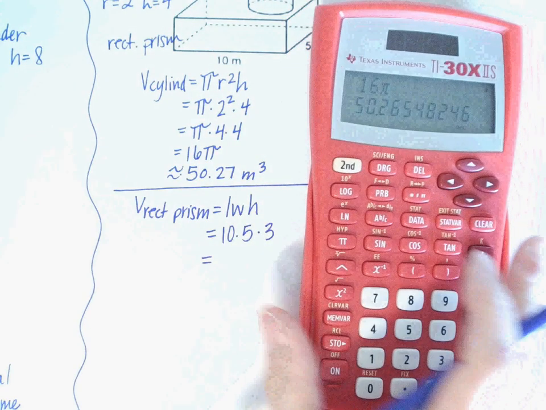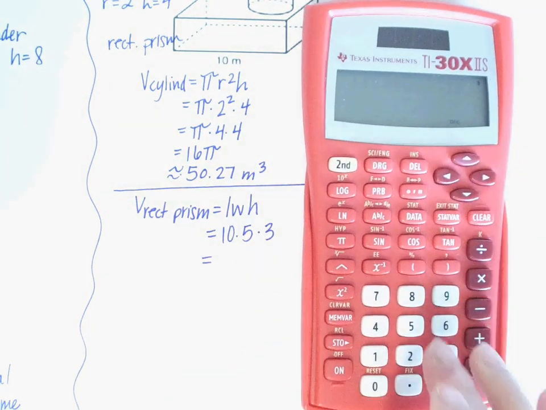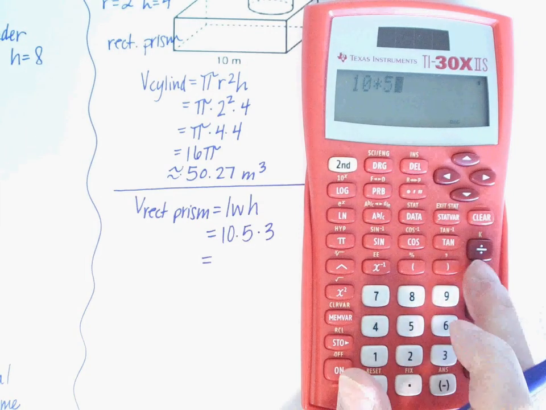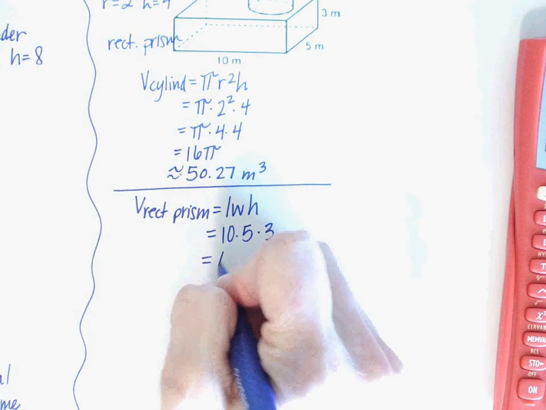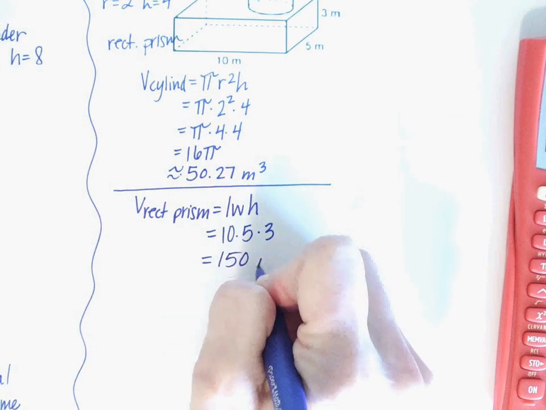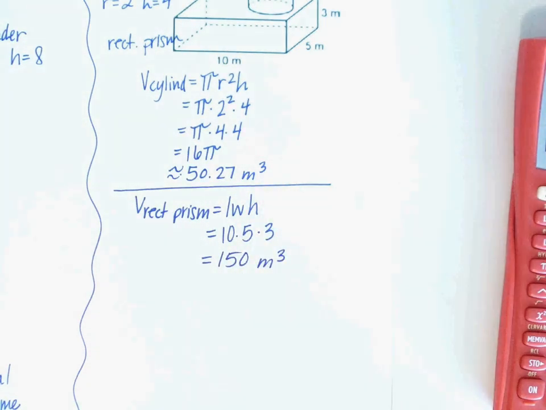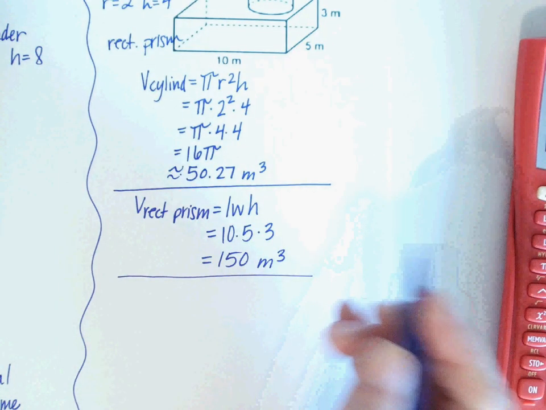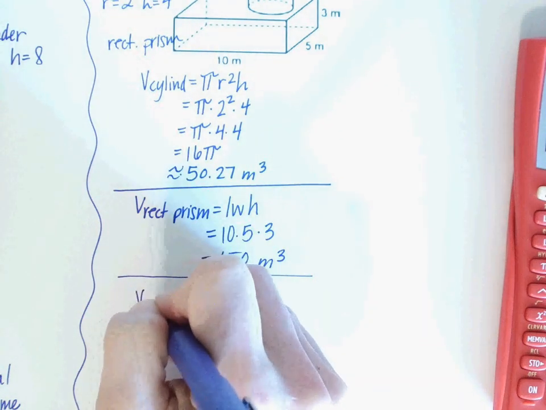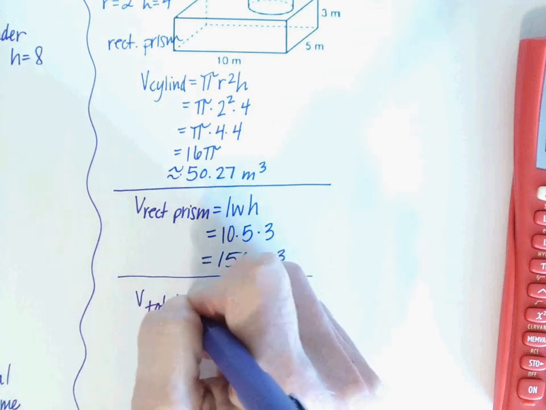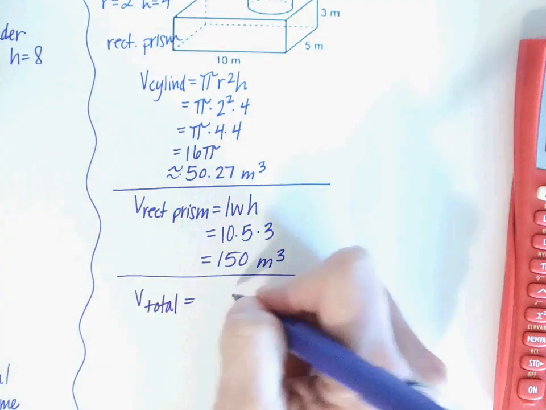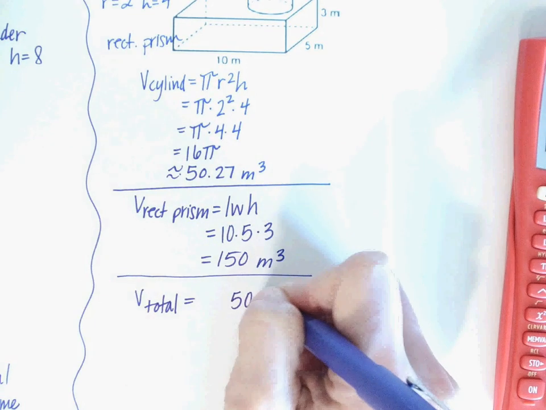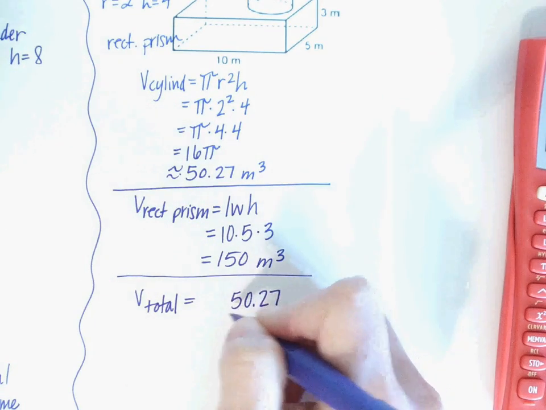Some of you can do this in your head, which is awesome. But real quick in the calculator, we get 150. And nothing to round on this one. I'm going to just give it that label of meters cubed. And then the last thing to do is the volume of the total. This is probably what I should have done last time. Volume of my total. I'm going to add together 50.27 plus